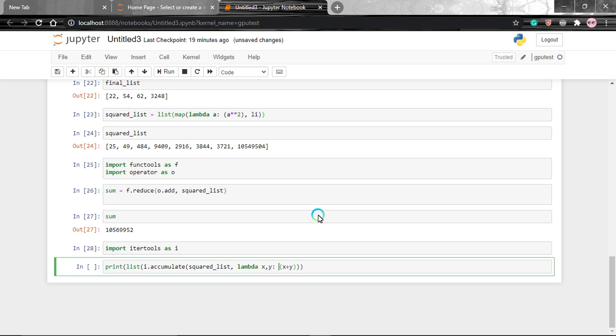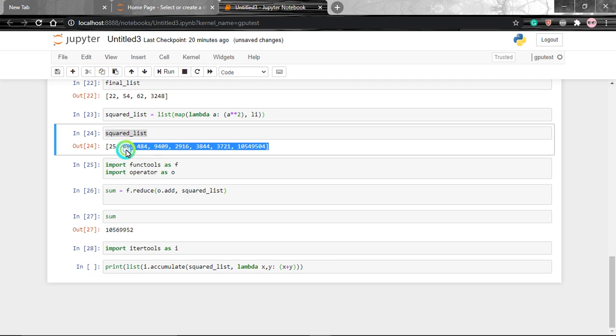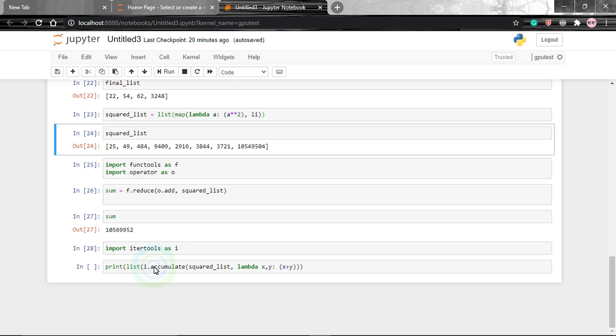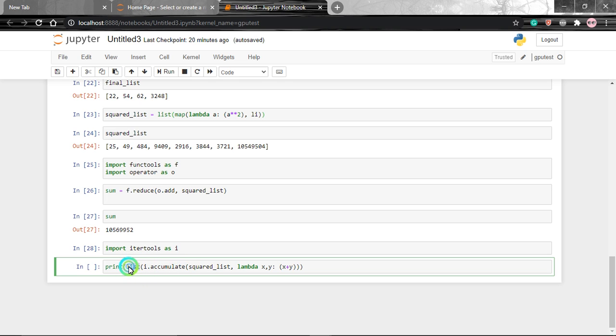Let's see what happens here. We have passed our squared list to the lambda function. What does the lambda function do? It takes two arguments and adds both. So it will take the first 25 plus 49 and add both. Then we have used the accumulate function on a list.